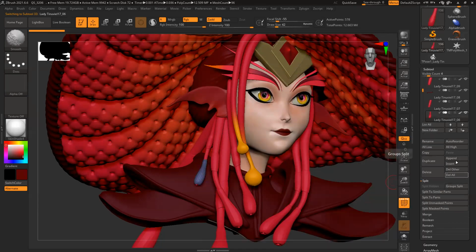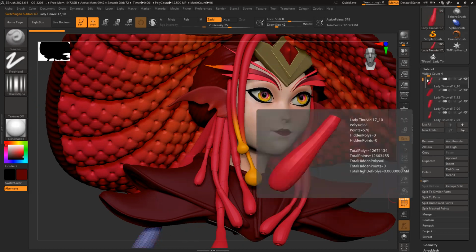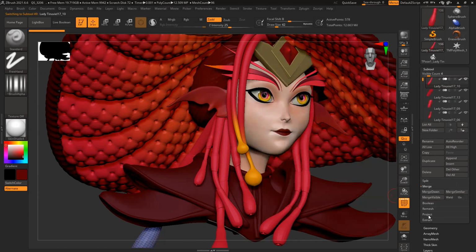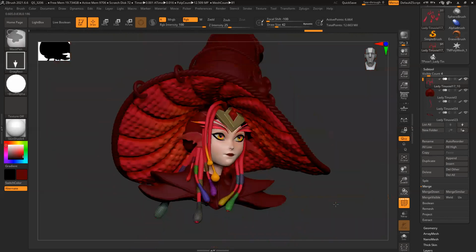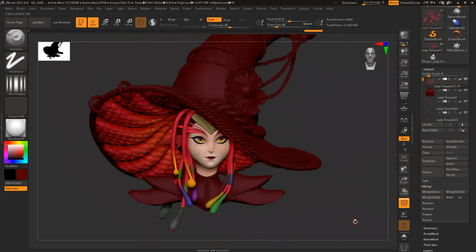Okay, that's not what happened. Move up, move up. Okay, let's merge down, merge down, merge down, merge down. I guess all of the things are selected together.